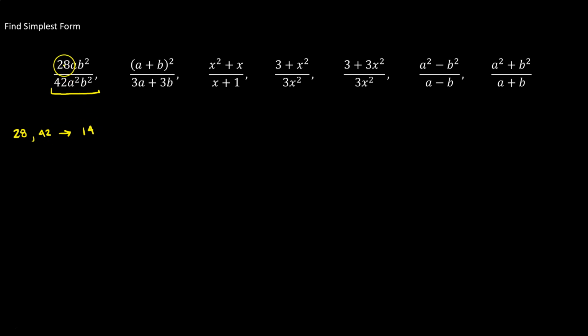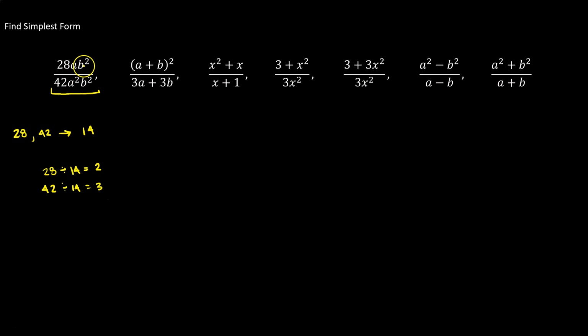So for the coefficient part, the actual number part, we know that we need to do 28 divided by 14 for our numerator to be simplified. We get 2. In the denominator, we need to do 42 divided by 14 to get 3. So we already know that 28 and 42 are going to drop down to 2 and 3,